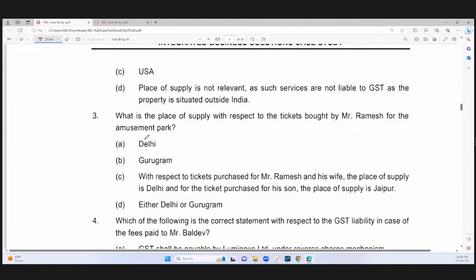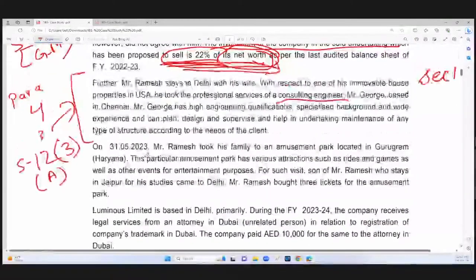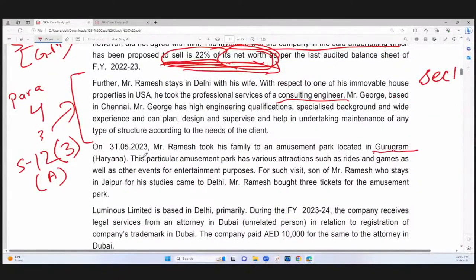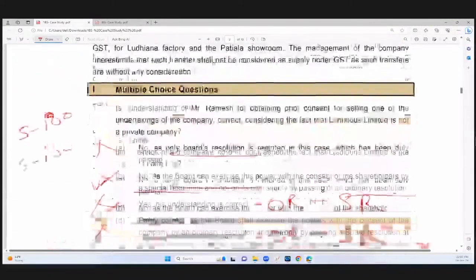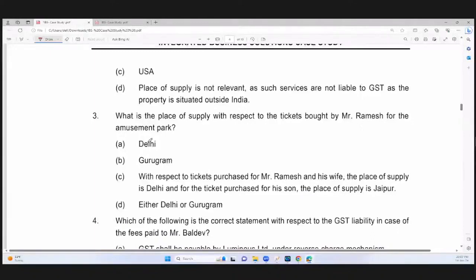अब event क्या है, कहां पे हो रहा है ये, और where the park or such other place is located, where the park is located ना। अब आपको क्वेश्चन में ये देखना है कि ये अम्यूजमेंट पार्क लोकेटेड कहां पर है। अम्यूजमेंट पार्क गुरुग्राम, हरियाणा के अंदर लोकेटेड है। तो अगर आप यहाँ पे ऑप्शन में देखो, आपको देखना है गुरुग्राम ऑप्शन है या नहीं। बी ऑप्शन गुरुग्राम है।